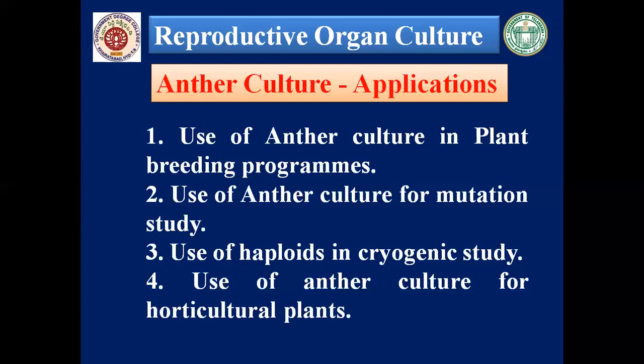Another advantage to plant breeders is that a large number of microspores can be cultured, and there is a possibility of uncovering new and highly beneficial gene combinations. With this we can have disease resistant varieties, and we can induce plantlets, haploid plants which are disease free. This is another one. Anther derived haploids have been extensively used in protoplast culture and somatic hybridization also. So this is another one.